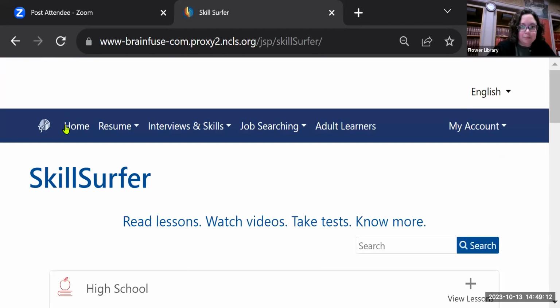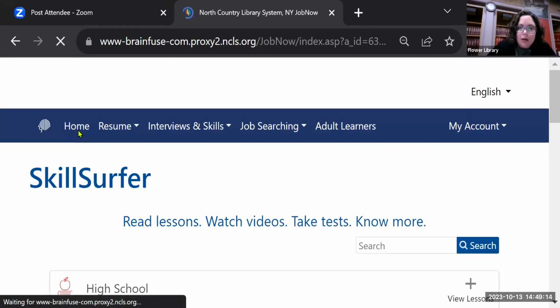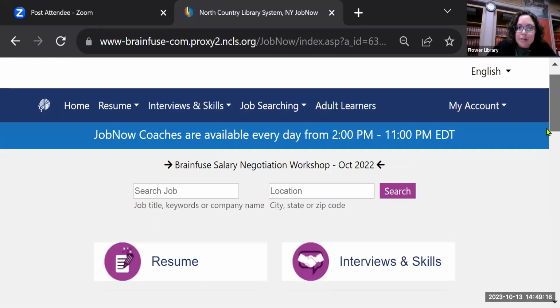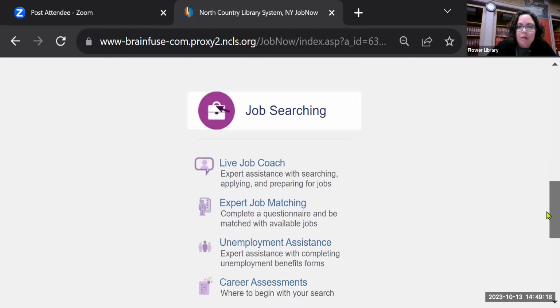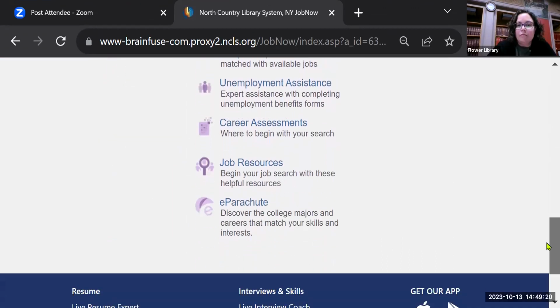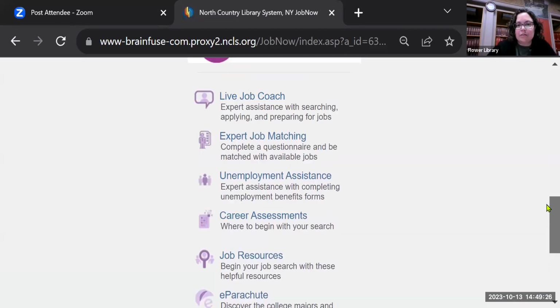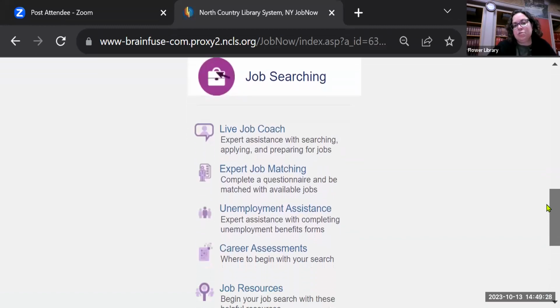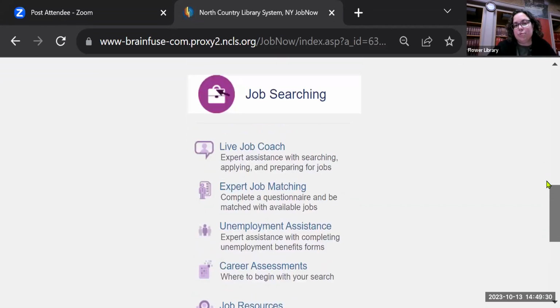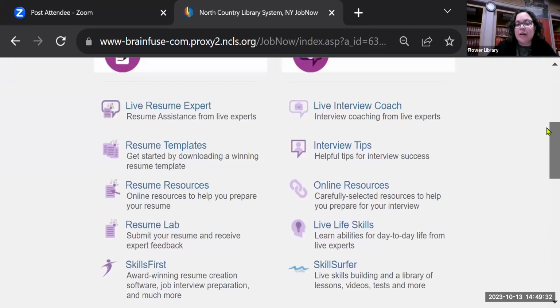Okay. I think there was one other section down toward the bottom. Yep. And they also offer some more career assessment things here. And there's some other links related to job coaching and job searching here for them to explore as well. Okay, but the biggest